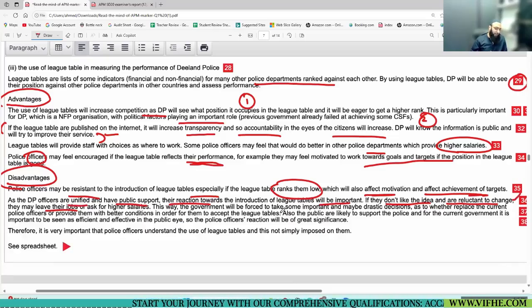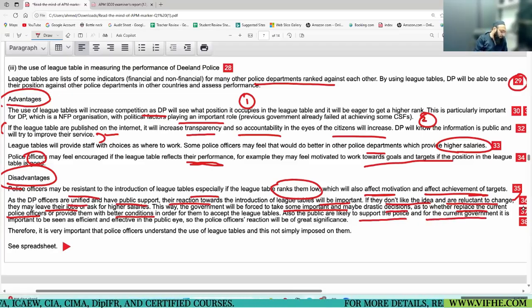Next, this way government will be forced to take some important, maybe drastic decisions as to whether to replace the current police officers or provide them with better conditions in order for them to accept the league tables. Also, the public are likely to support police for the current government. It is important to be seen as efficient and effective in the public eye.